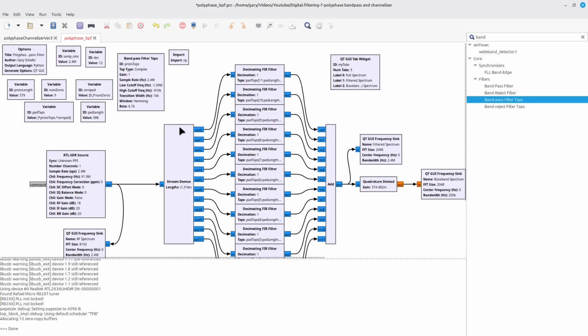The rest of this flow graph will divide them up into these 12 FIR filters in my filter bank. Once it gets over here to this add block and everything gets added together, you get constructive and destructive signaling going on here, meaning that the only energy left over is going to be that signal at minus 1 megahertz. And when it gets aliased to channel 0, like all of the channels will be, it will be the only actual energy left, meaning that we will be left with that one signal. Let's take a look.